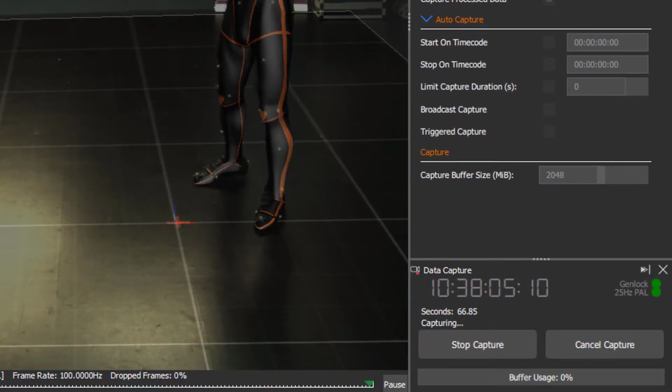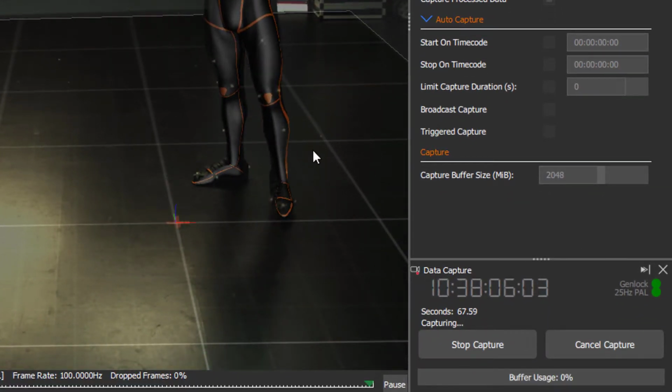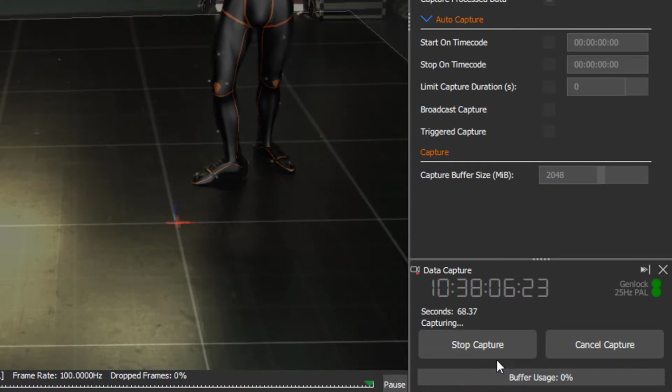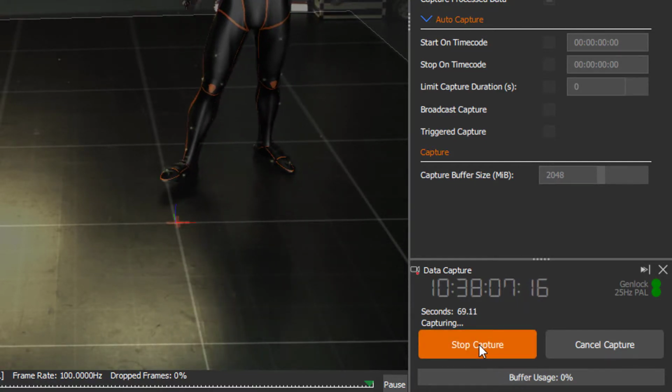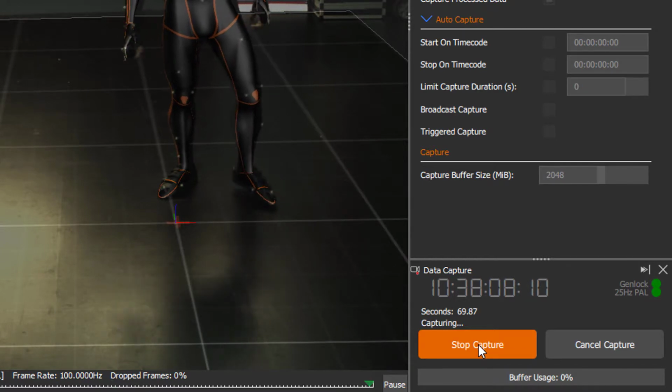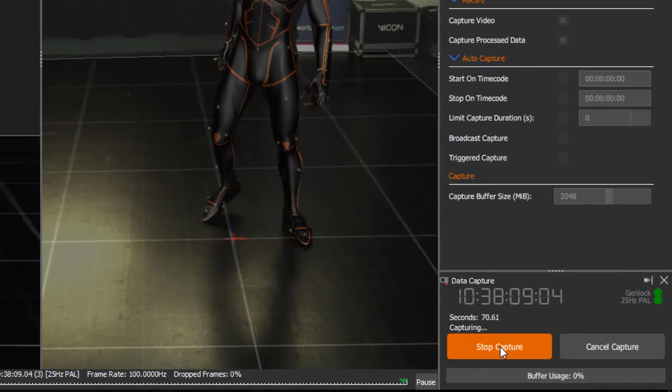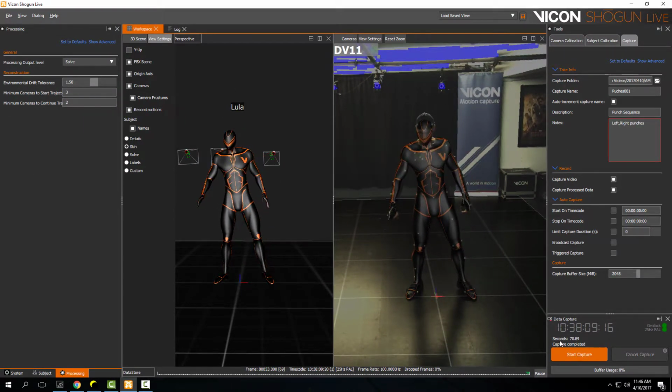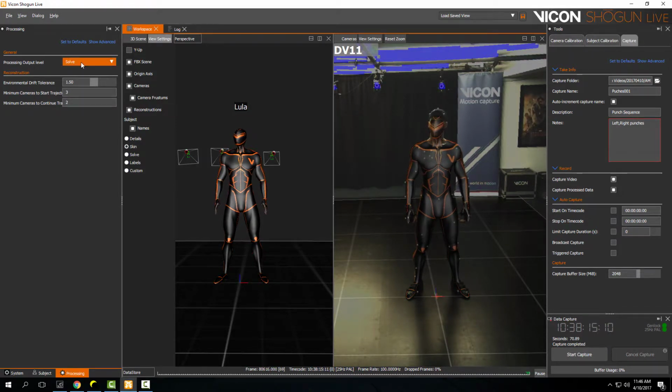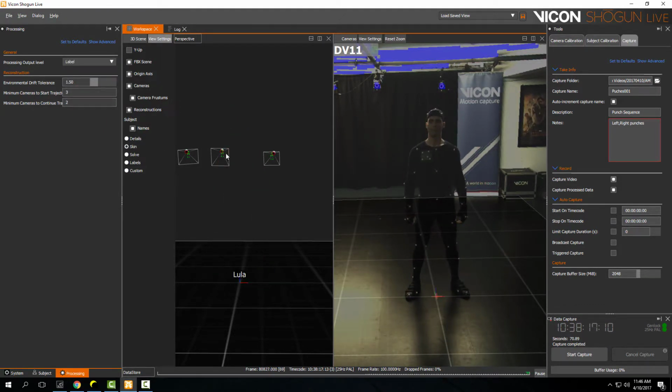In the data capture pane, we can see the current timecode being received along with the green icons, showing us that we have genlock and are running at PAL. This area is also used to display if there are any issues with the capture, so if a video camera fails mid-capture. You can see on the left-hand side under processing we have 3 different processing levels: reconstructions, labels and